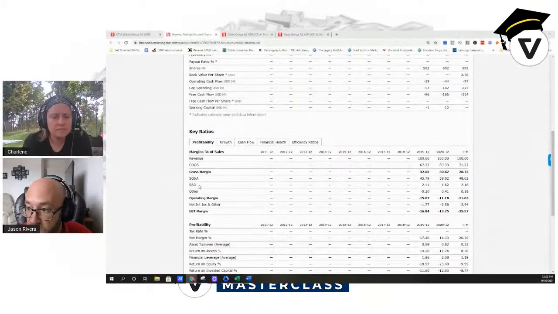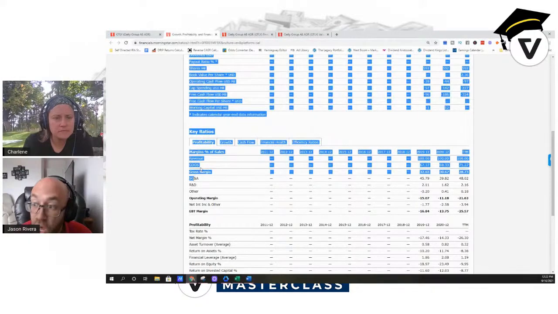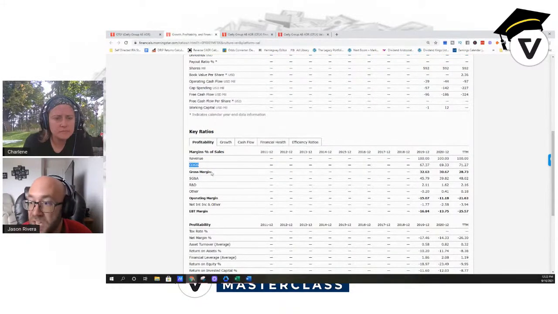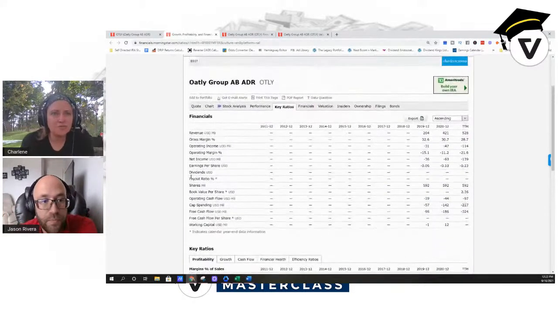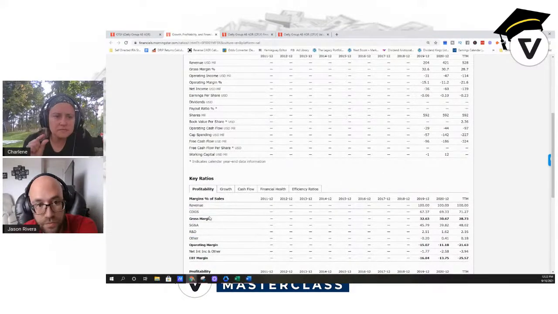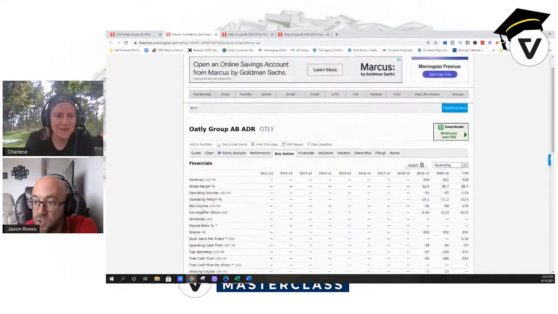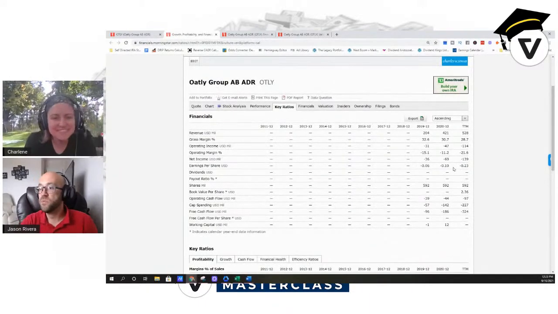So the easier way, again, teacher mode here, the easiest way that I like to think about operating income is the profits a company produces from its operations. This is after those costs down here: selling, general, administrative, research and development, and other. That's kind of a catch-all category. But yes, it is after cost of goods sold as well. So it is after these costs to run the business. Yes. So it's not overhead. It's even after that. So it's a smaller budget. Yes. Okay. Yeah. Thank you for that. That matters to me. Correct.